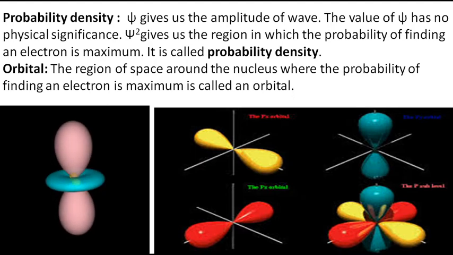You must learn the difference between an orbit and an orbital. You can check your textbook and learn how they are differentiated, or you can also Google it. The difference between orbit and orbital is an important question. I told you orbital is a sub-level. So how many orbitals do we have? S orbital, p orbital, d and f orbital.